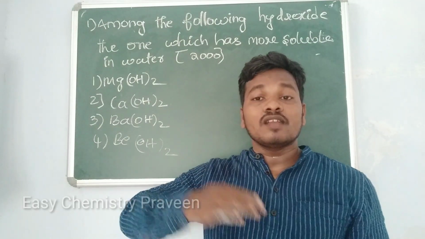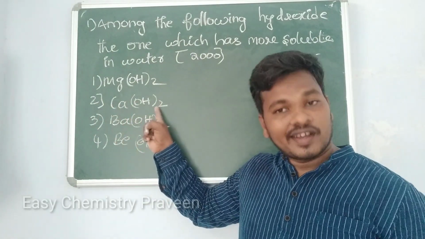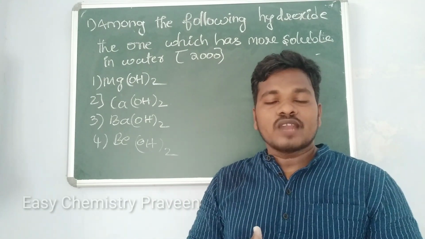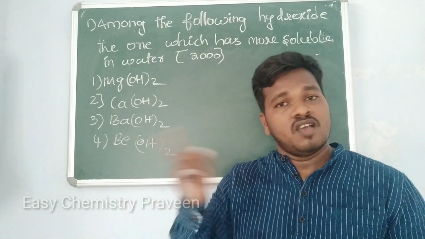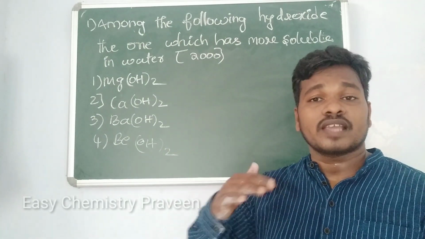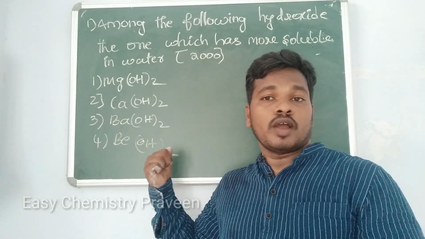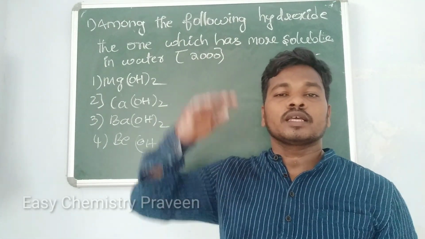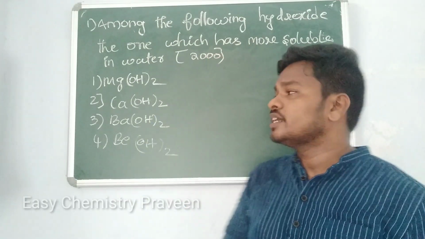Whenever it is a metal with hydroxide or a metal with oxide, that means only O will be there, and hydroxide means OH will be there. What will happen in this case? You have to see the size of the cation, whether it is the oxide or the hydroxide. If the size of the cation is more, hydration energy will be more, so solubility will increase. We know that from top to bottom, whether it is ions or atoms, the size increases.